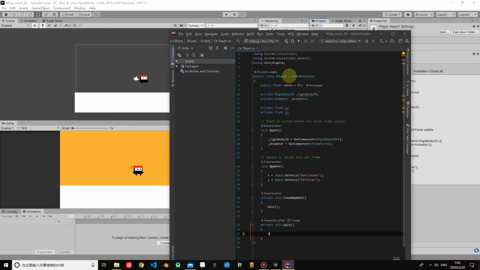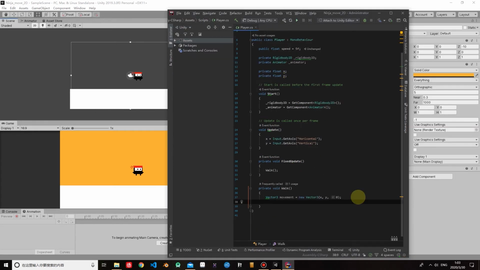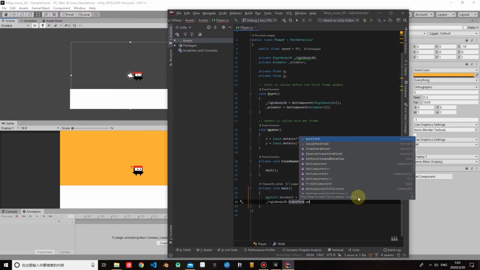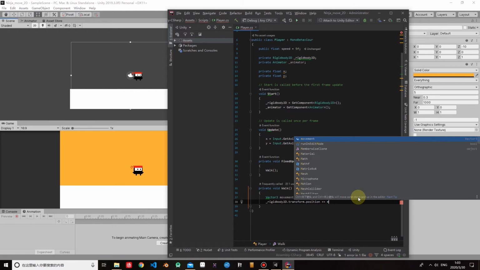Walk, and have Vector3 movement, a new Vector3. Rigidbody 2D, then transform.position plus movement